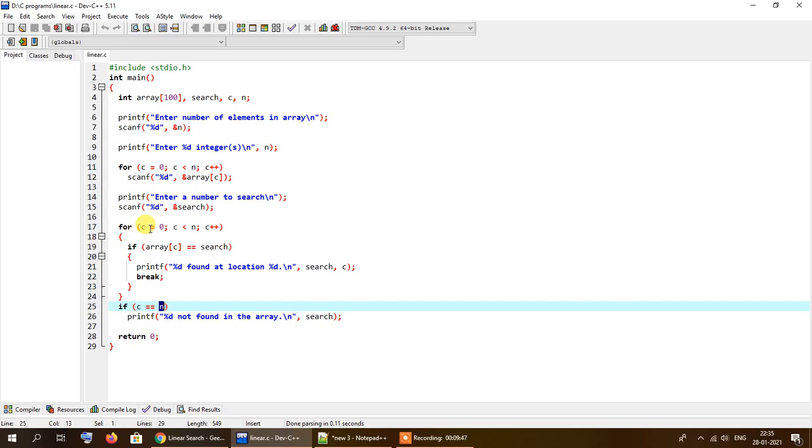Every time we traverse through the array, in each iteration the value of C is incremented. So if the value of C is found between 0 and n minus 1, the moment the number is found at any particular position between 0 and n minus 1, it will print the index and then break out of the for loop. So the value of C will only be equivalent to n